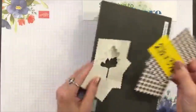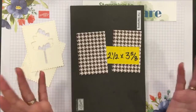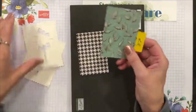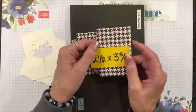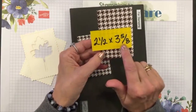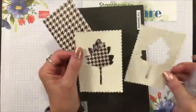So I picked this, oh, I have no idea what this pattern is called. Is it like herringbone? I'm not sure. But the other side is mint macaron with some gold foil leaves. And you know what? That would also look pretty. So it's kind of whatever you want to do. But I'm going with this early espresso pattern, so it picks up the early espresso ink that I'm going to be using. I cut this at 2.5 by 3 5/8, and we are going to set this on the back side